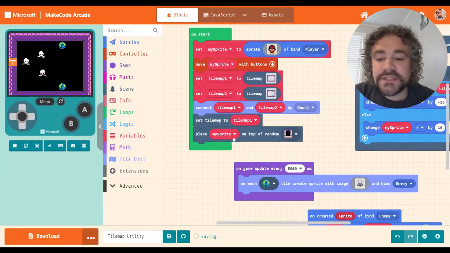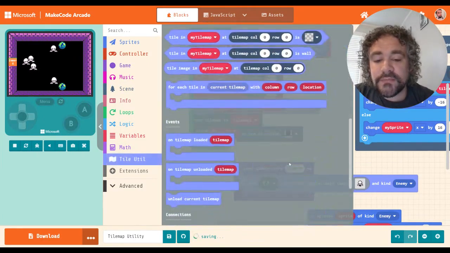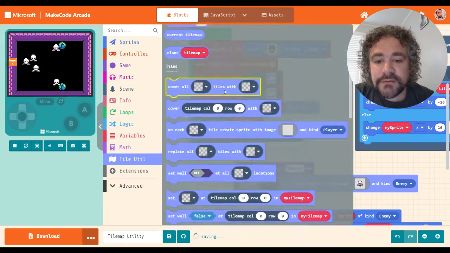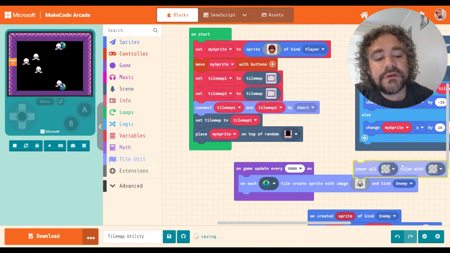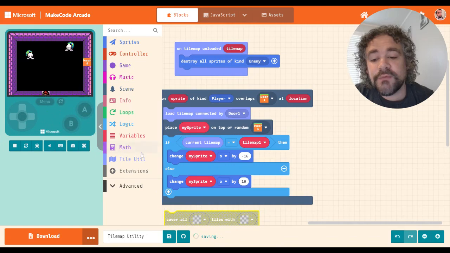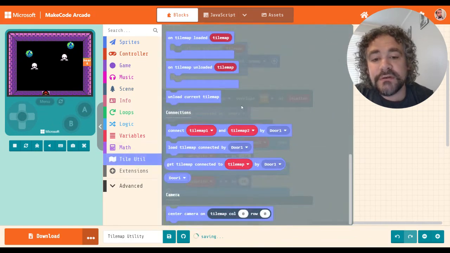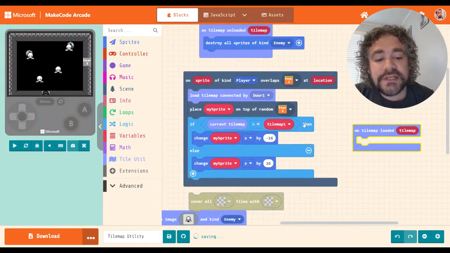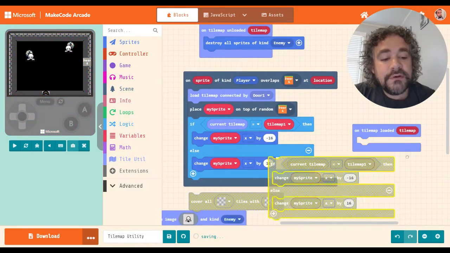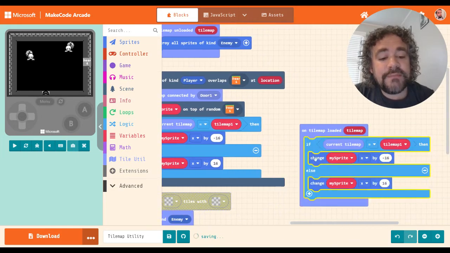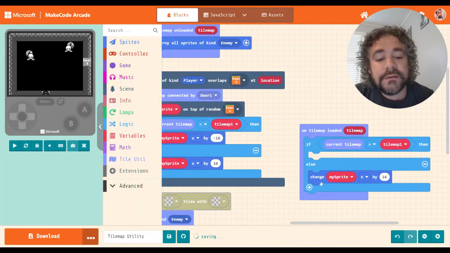So let's look at the cover block. All right, where was the cover block? This one right here. Okay. Let's grab, we put one for when it's unloaded. Let's grab one for when the tile map is loaded. For when tile map is loaded, I'm going to use something similar to what I did here with the current tile map. So when a tile map is loaded, if the tile map is tile map 1,